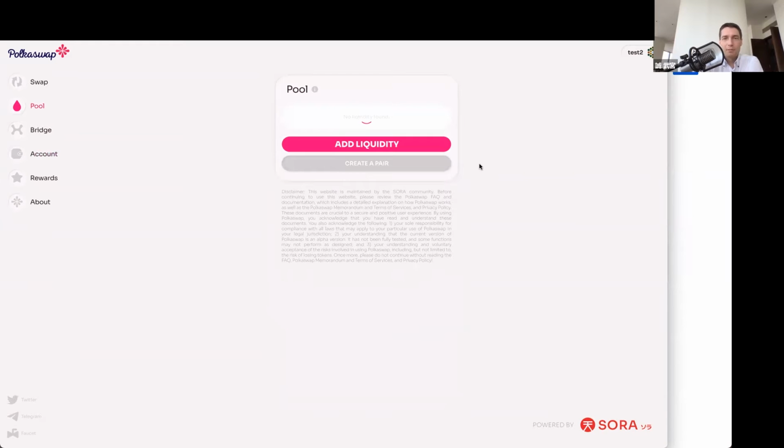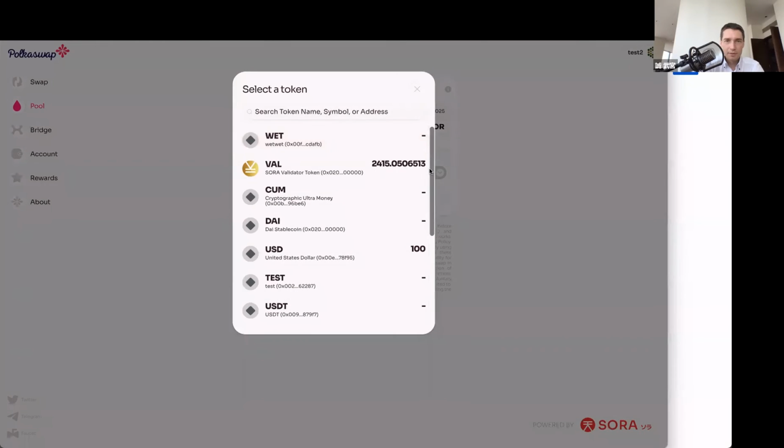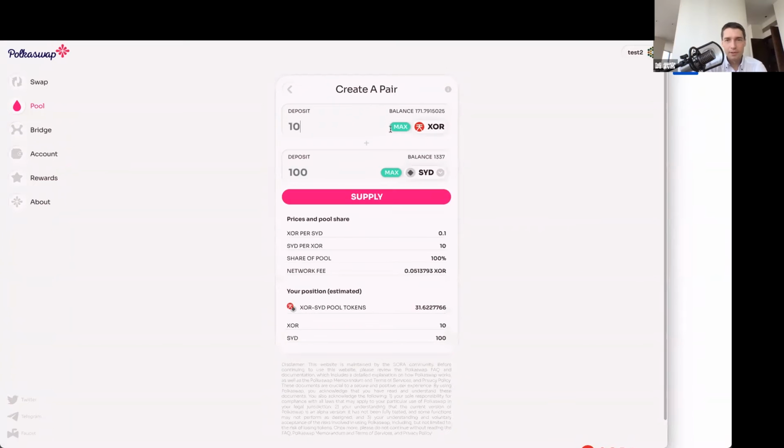So let's create a liquidity pool for this coin. Go here, type in Sydney. I'm going to put 110 as the initial price. When you provide liquidity, you have to provide liquidity on both sides of the price point. And if you're creating a pair, you decide what the exchange rate is. So you could even have Sydney coin be really valuable, or you can have it be really not valuable.